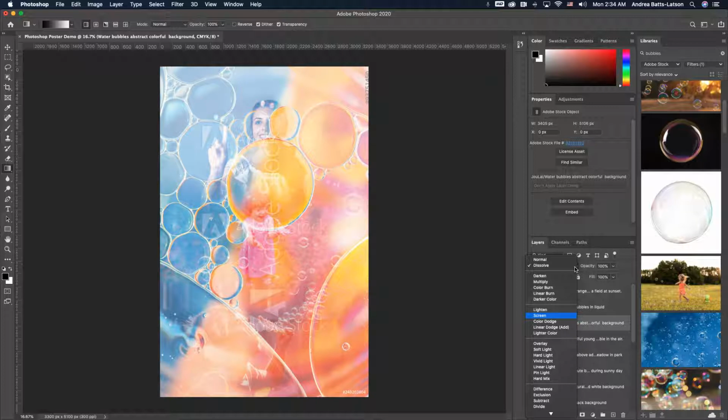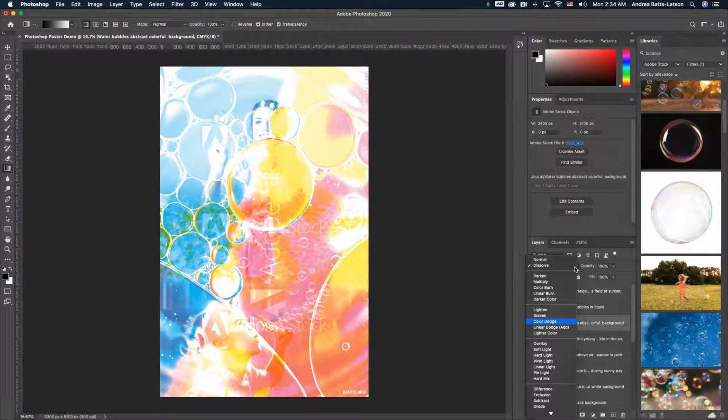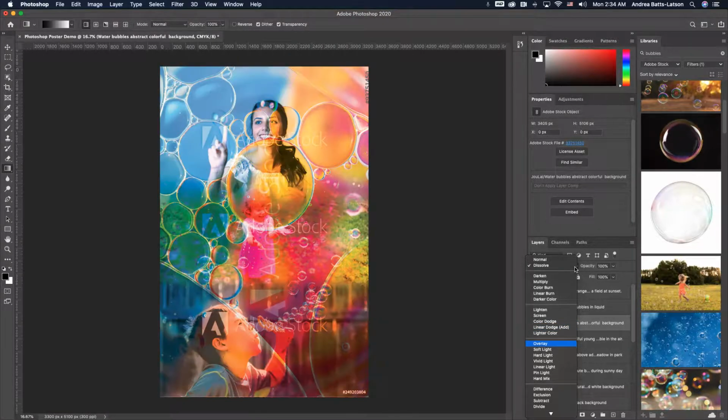Screen used to be one of my favorite blend modes too. It still is. All of them are my favorites, which is crazy. This kind of gives a mystical, dreamy sort of effect. Mine is like the haze that you usually have, but I kind of like it. Color dodge, that's interesting. Linear, that's interesting. Light color, that's interesting. Overlay, I love always, but I don't like what it's doing to the little girl, but